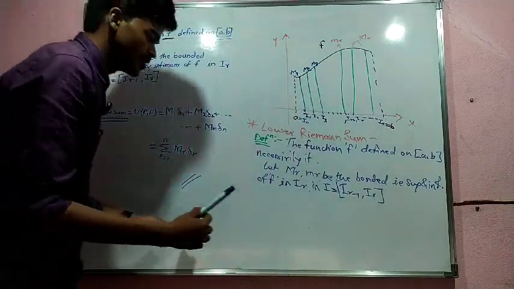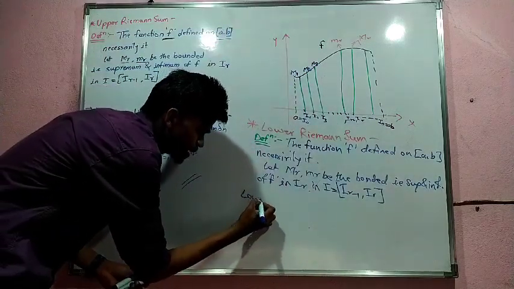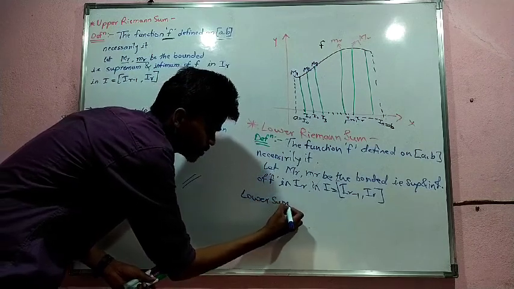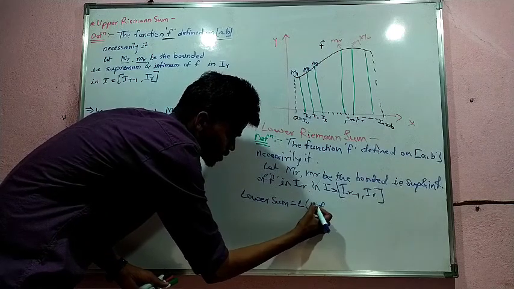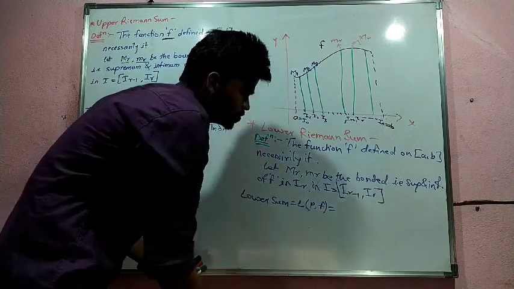We define the lower sum, the lower sum of the function f over the partition P, equal to